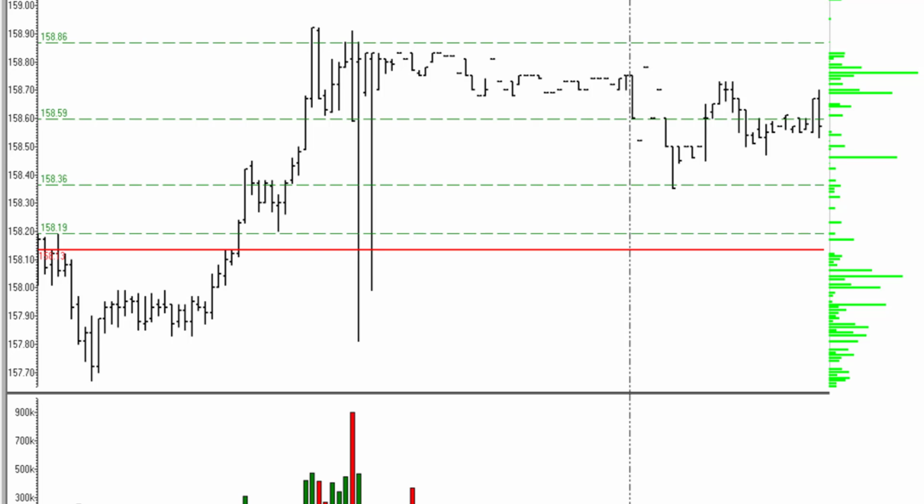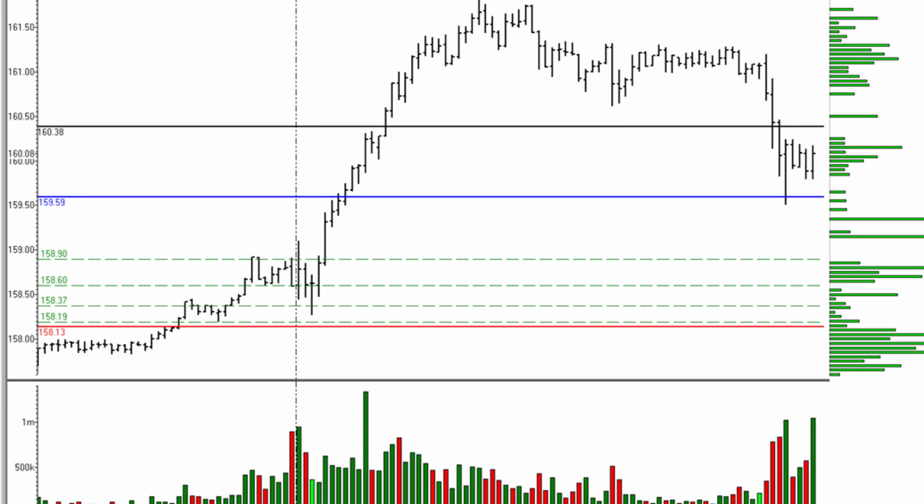So there's a bunch of ways you can do that. The easiest, of course, is to go and set up a conditional order that says if last price is less than or equal to 158.55, 56, 57, whatever, then begin buy stop limit 158.60, stop 158.60, limit, and then go and enter your OCOs on top of that to target 158.86 and to put in your stop loss. You can see here why that was helpful.